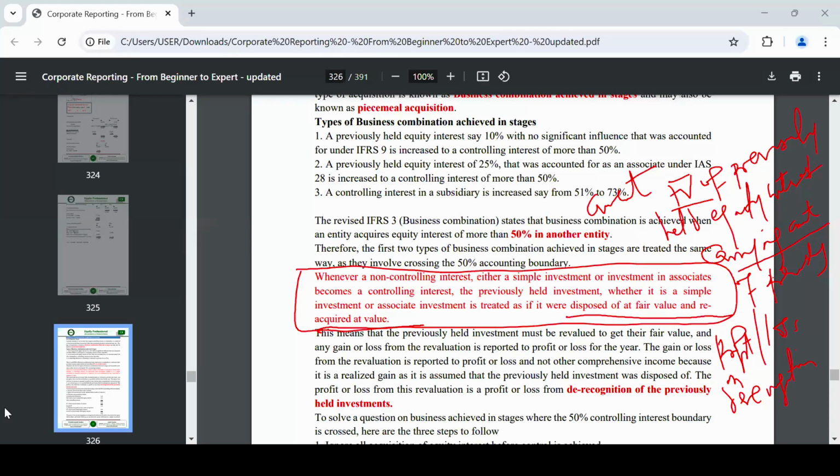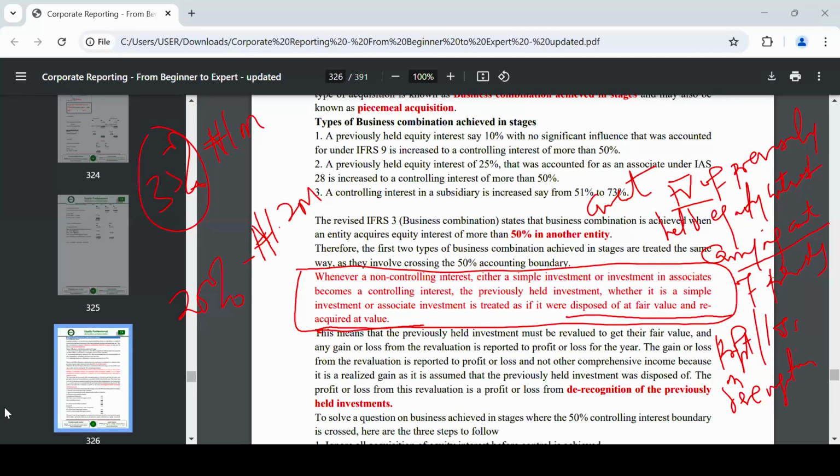Say, for instance, you used to have 35% equity interest, and this is associate investment, right? And the cost of investment was 1 million. Now you have bought an additional 25%, or let's say 20%. Let's say you bought that even at 1.2 million. Now, the day you bought the additional 20% is the day you became a parent. You had controlling interest. All right?